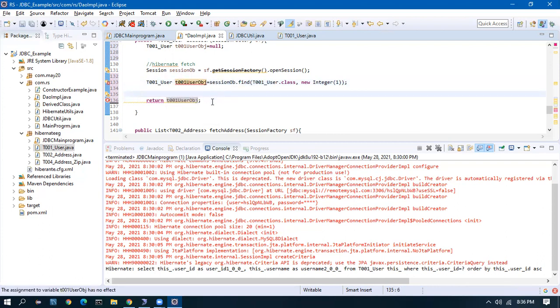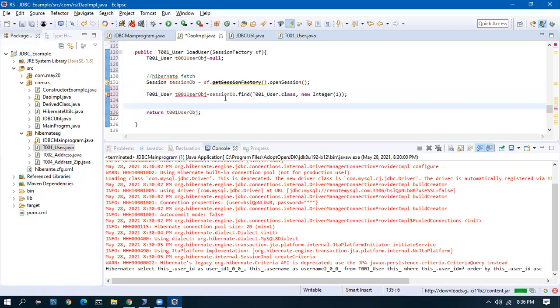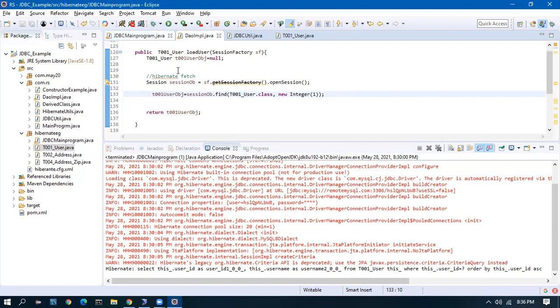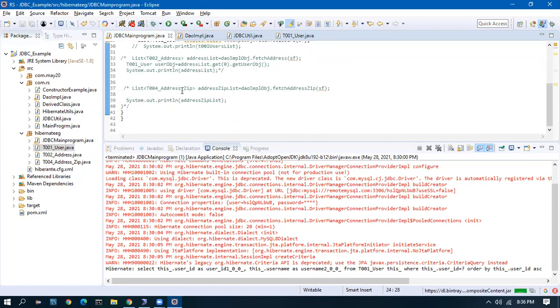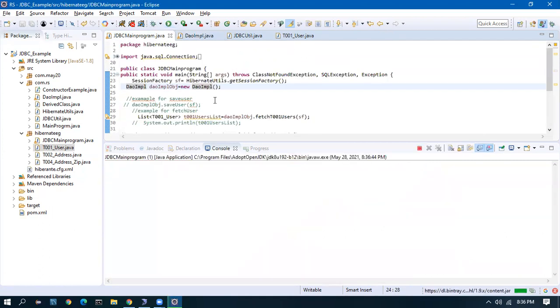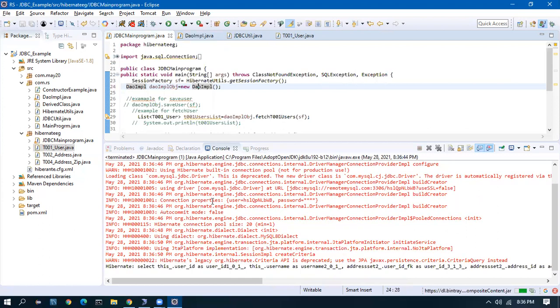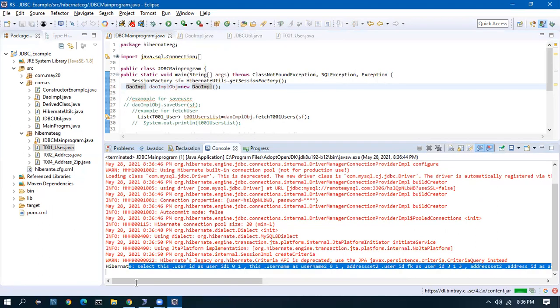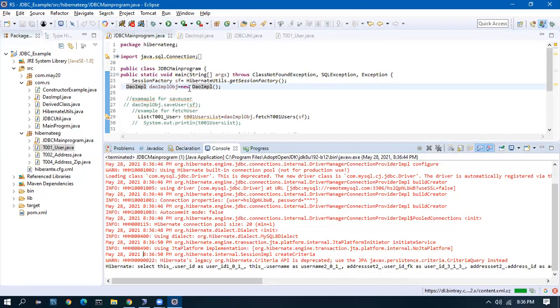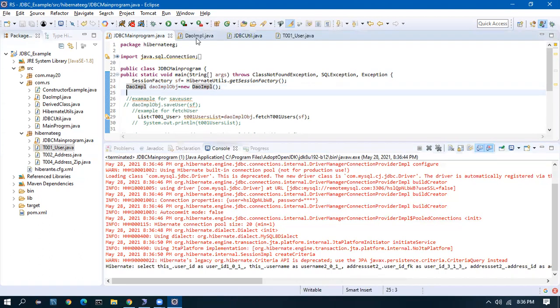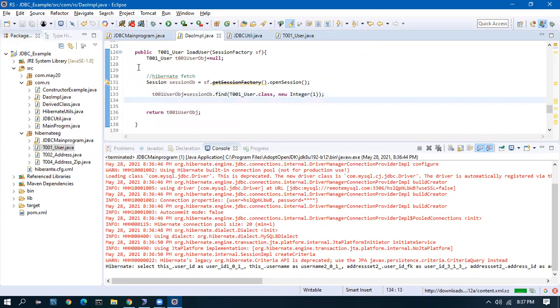Okay, so now let us see whether it is working or not. Okay, why is it already declared? Okay, when I call the fetch user, let us see. Okay, the query has executed. No big difference. I'll write one more method, then I'll tell you what is the big difference here.